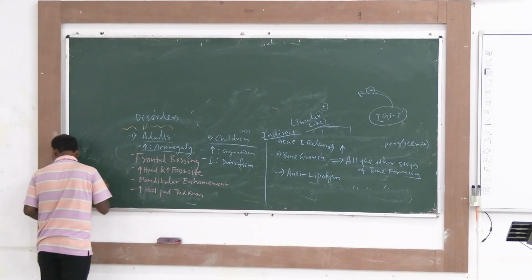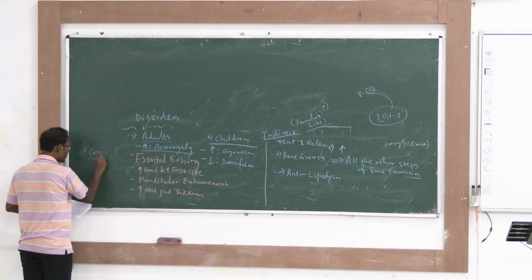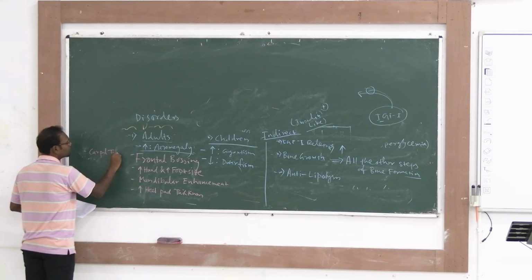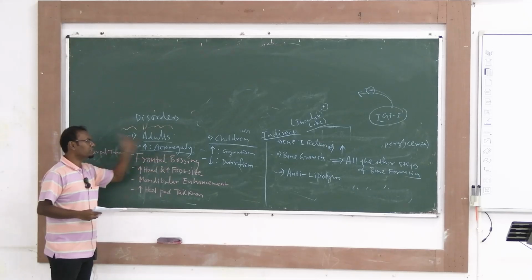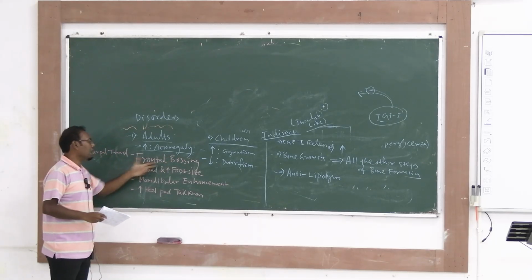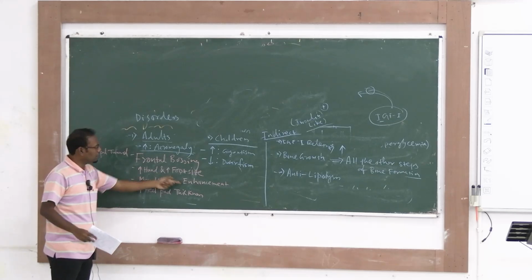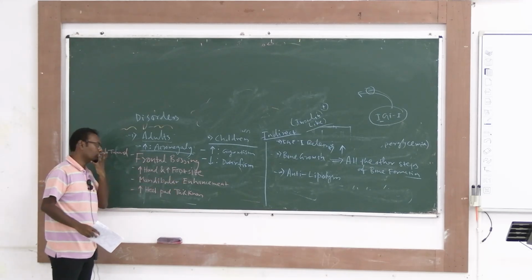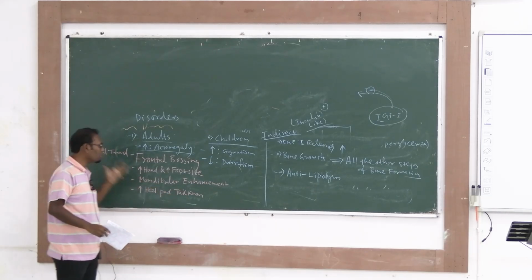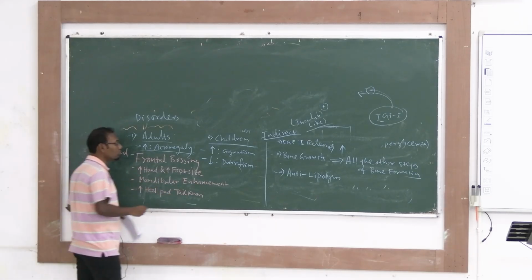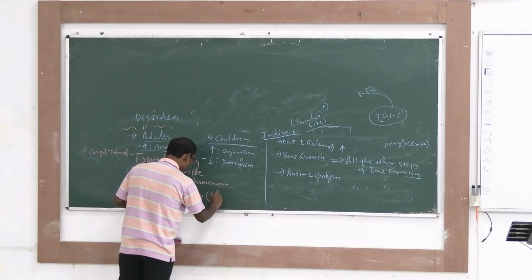Next, what else is there? There are also other characteristics, that is carpal tunnel syndrome. Why? Behind each of them there is an explanation, I am going and explaining. Frontal bossing is due to overproliferation of frontal bone, hand and foot size is due to overproliferation of these bones, mandibular enlargement is due to overproliferation of mandible, increased heel pad thickness is due to overproliferation of tissues. Which tissue are these? Soft tissue, overproliferation of soft tissue.